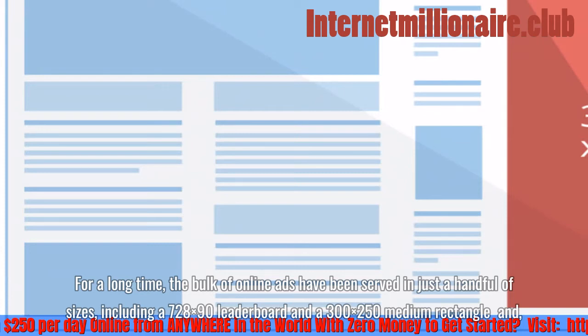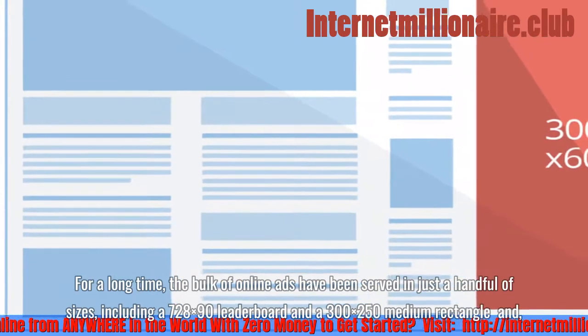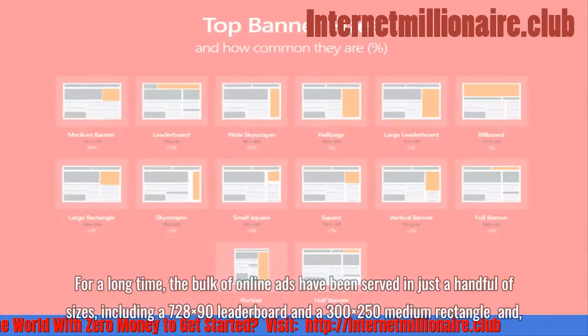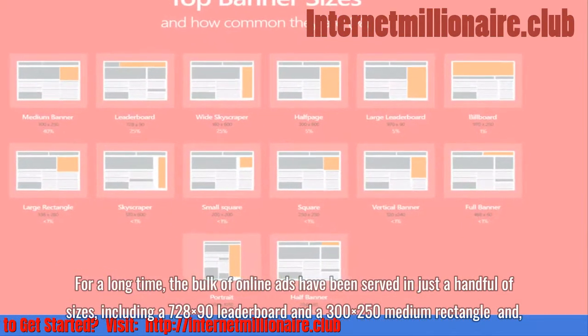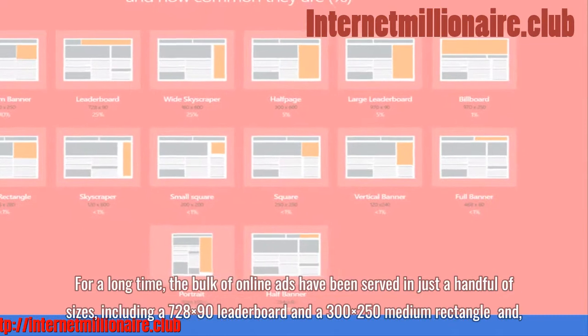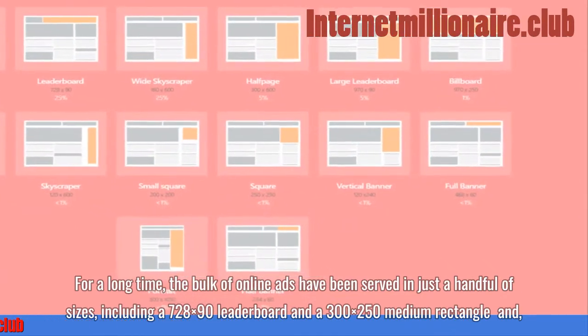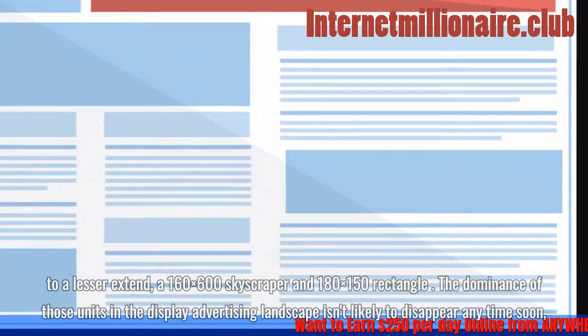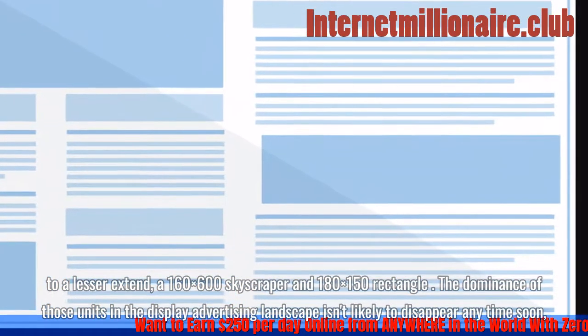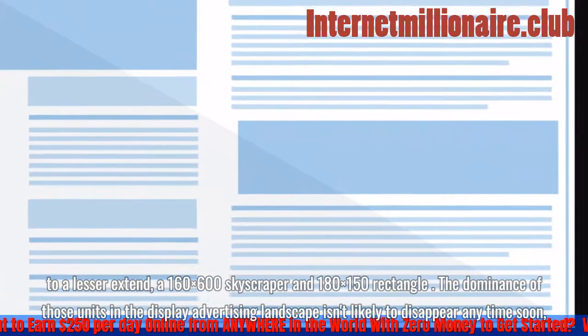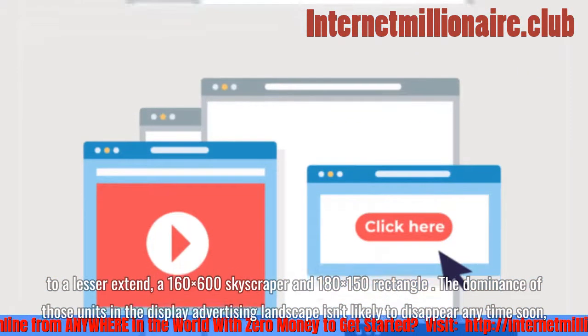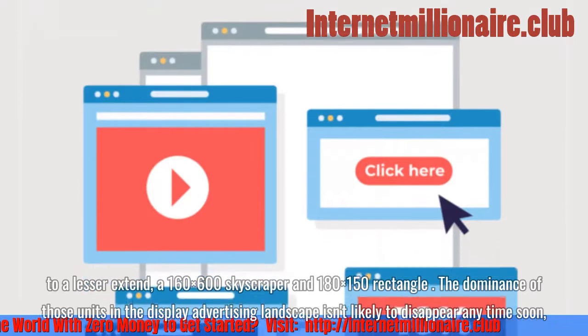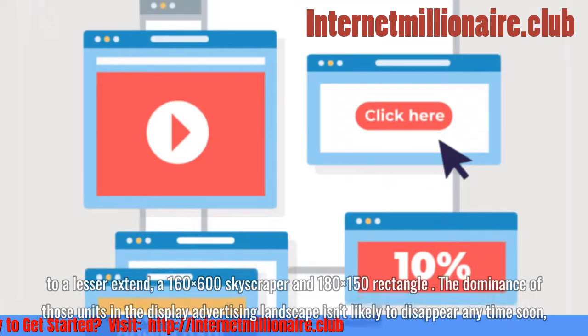Advertising has long been familiar with the standard ad units that are the most common venues for ads online. For a long time, the bulk of online ads have been served in just a handful of sizes, including a 728x90 leaderboard and a 300x250 medium rectangle and, to a lesser extent, a 160x600 skyscraper and 180x150 rectangle. The dominance of those units in the display advertising landscape isn't likely to disappear anytime soon, but there